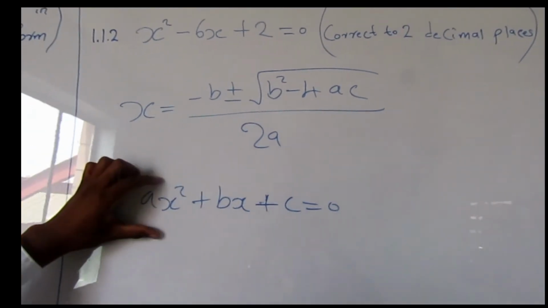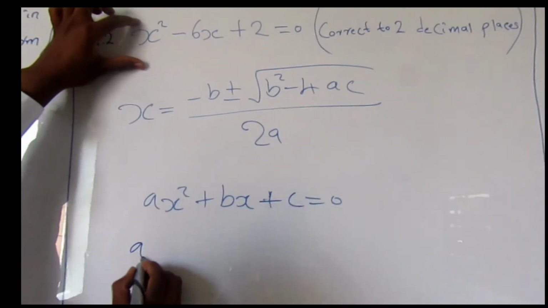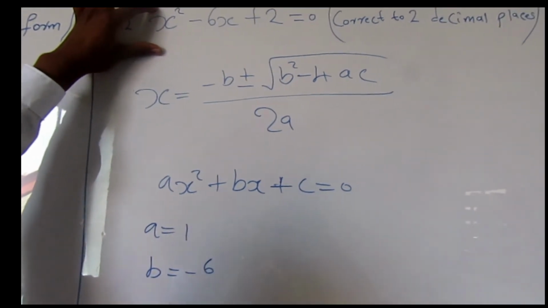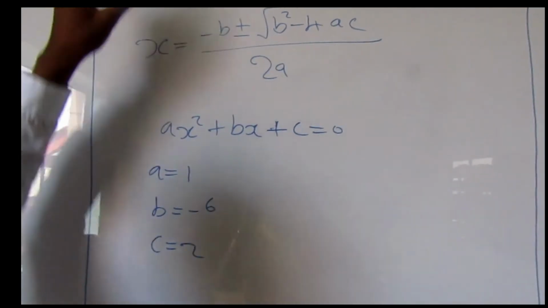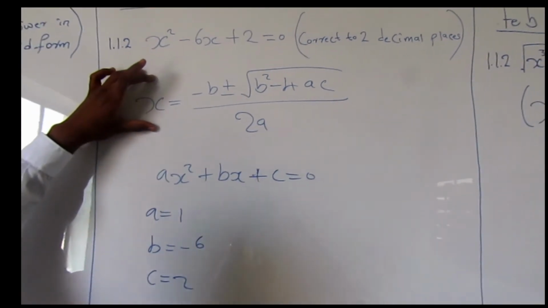Let us compare this equation and this one. Our a in this one is 1, b is equal to -6 and c is equal to 2. Then our second step after writing this formula